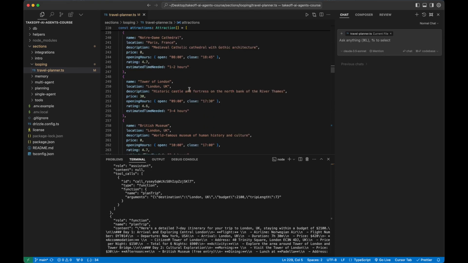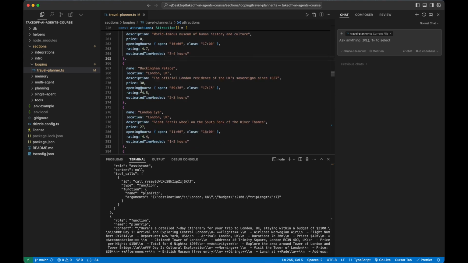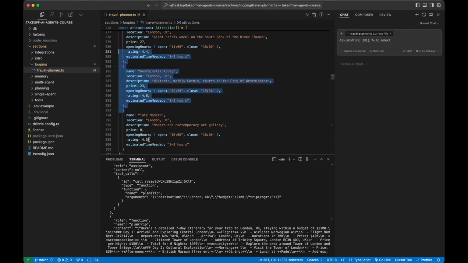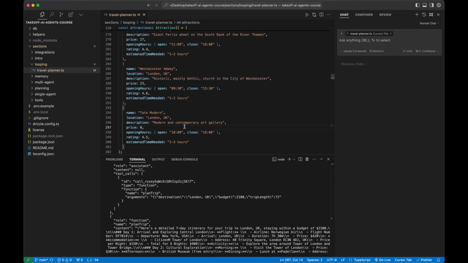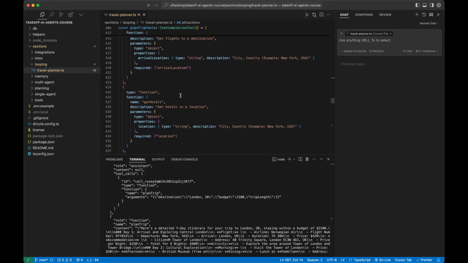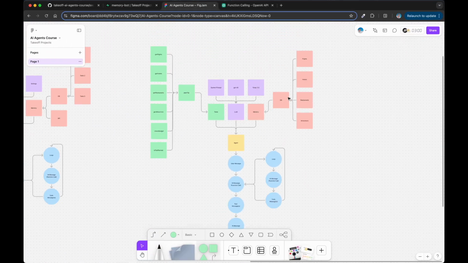I do actually recommend you play around with this. You could say something like, hey, I really like museums. Maybe you say, hey, I actually don't want to spend any money on attractions, so it only grabs things that are zero price, right? There's a bunch of different things you can play around with here. You can even tweak these function calls to be slightly different. Say you want to add some more flights as examples that have a different departing location, right? Maybe you're flying from Chicago, and you want to say, plan a trip from Chicago instead of New York. There's a lot of different ways you can go with this, but the primary thing that I really want